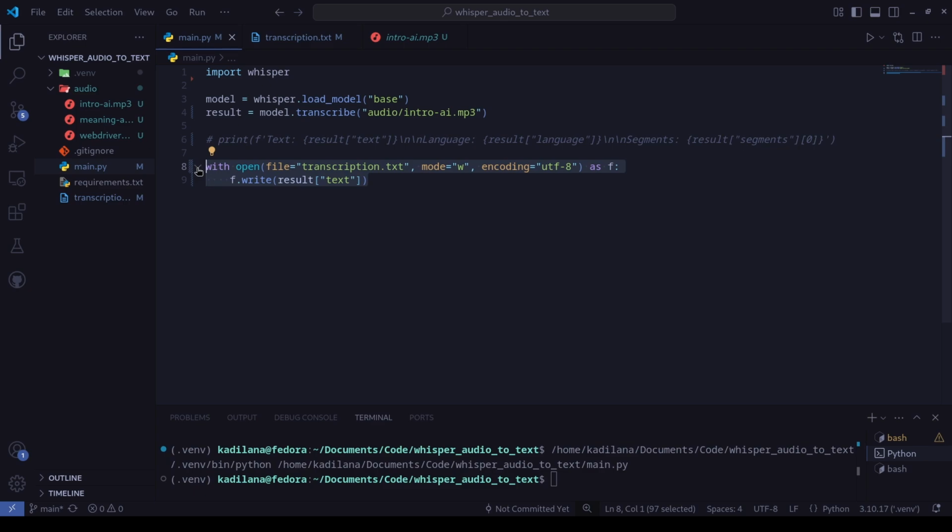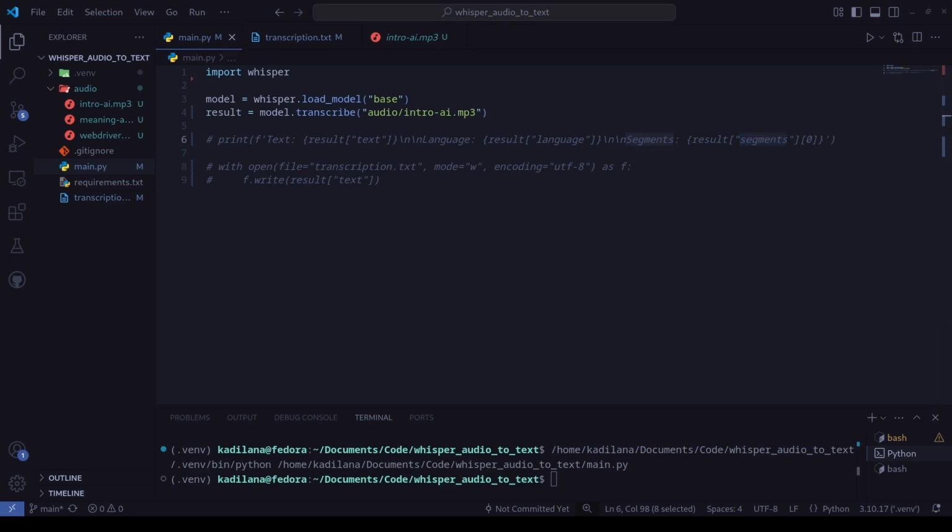So what we can do, we are going to utilize the segments to detect if this is a new paragraph, or it's just a continuation of a sentence from the previous one. How are we going to do this? Inside the segments, there are two values that we are going to focus mostly on. We have the start time and the end time. So the start time, we are going to check if the start time is,